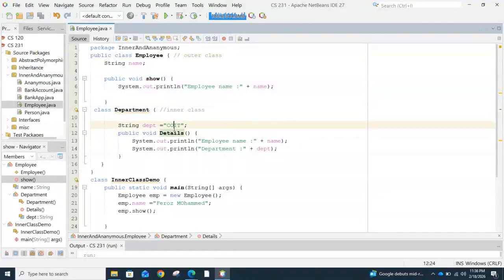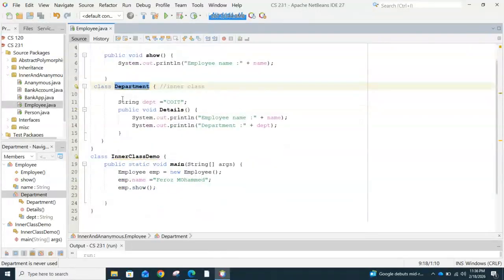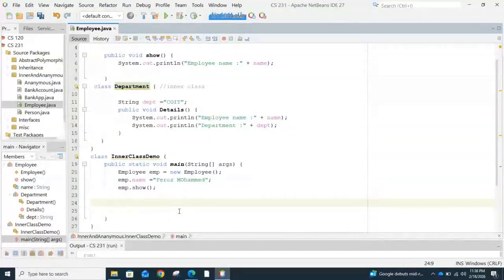But how do we access this part? How do we access the instance variable and the methods of the inner class? So we need an object. Of course, we need an object here. So how do we create an object here? You can just create an object, Employee dot